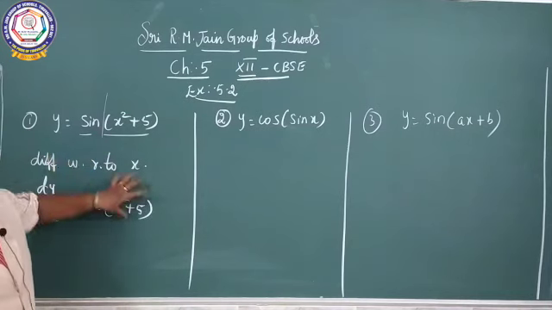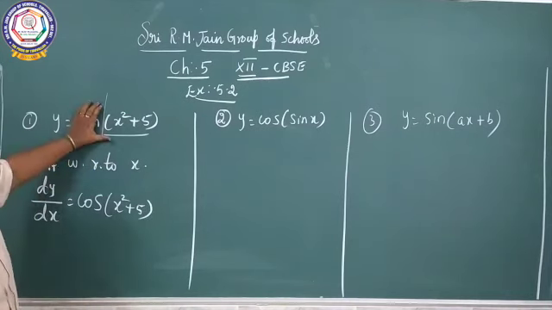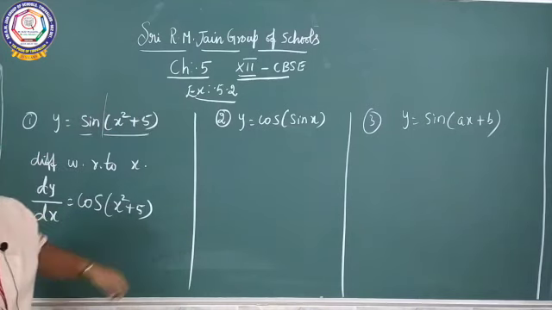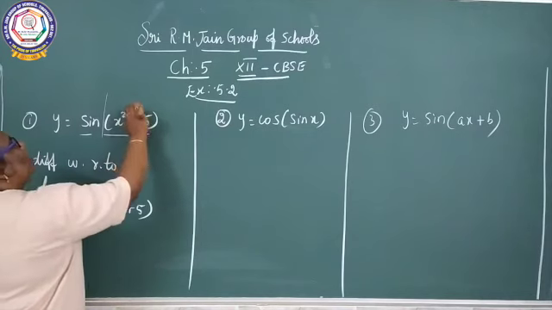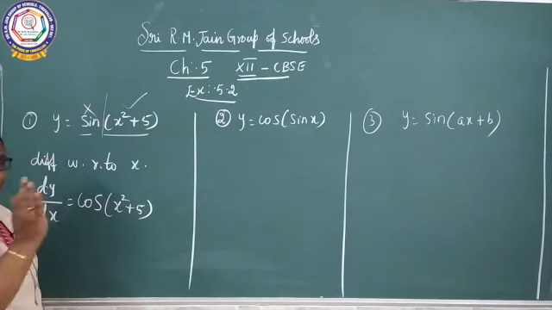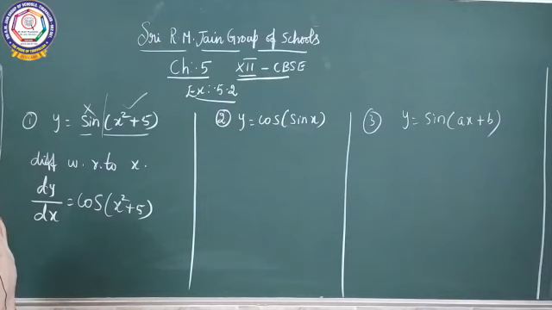Because the full term I can write as x. So the sine part is over. If it is x, we have no problem. See, x square plus 5, addition of terms is there. So the sine part is over. Sine of x is nothing but cos of x square plus 5. Then you can move on to this. This part is over, you neglect that part. Then you move on to this part, x square plus 5.